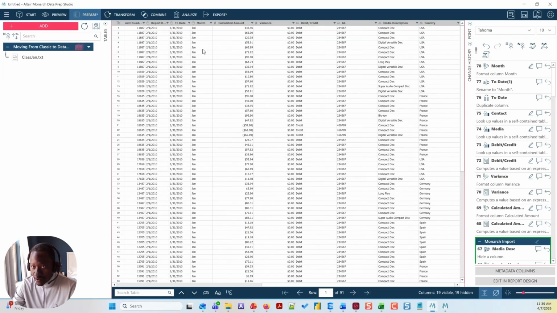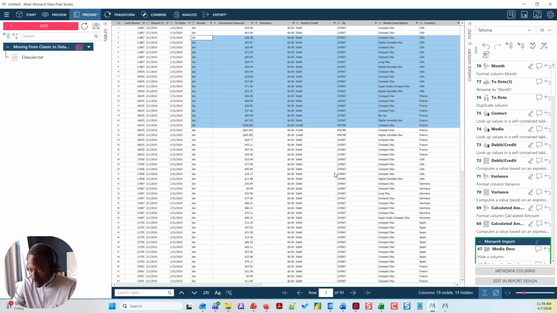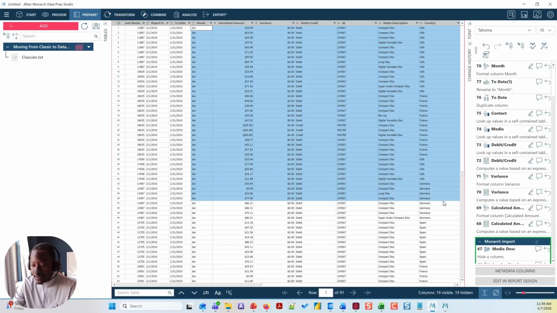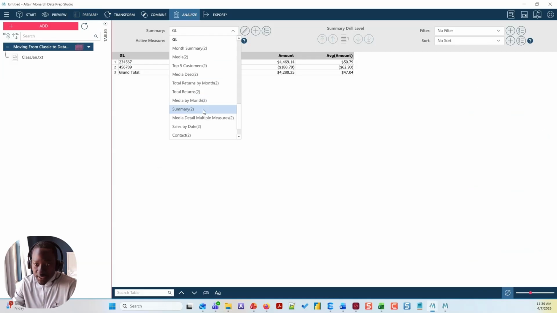Okay, now we have moved all of that into Data Prep Studio. So all of these columns here, these are the columns that were Excel formulas and such. And then over here in the summary, what we did is we built these